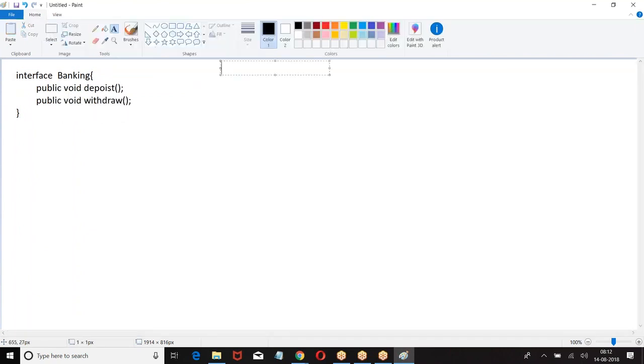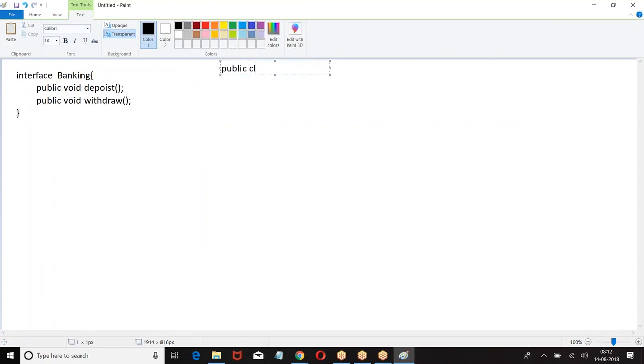Now I have a class, public class, implements. So how will the class use the interface? Class will implement interface. Class implements interface. Right, boss?